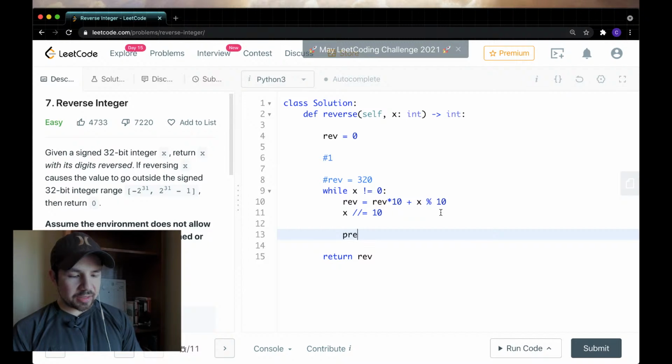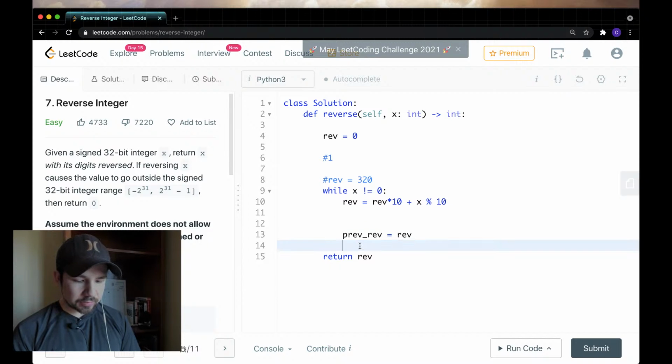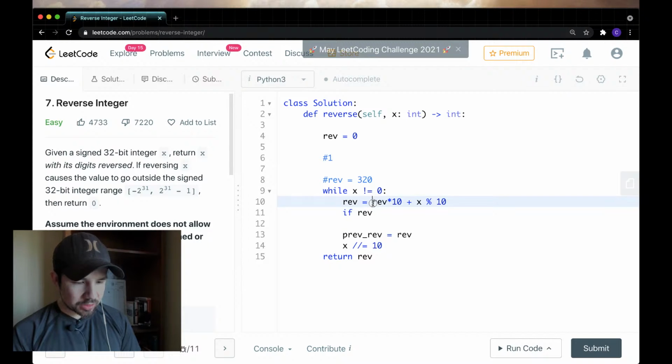So the previous value, I'll do previous reverse, and then we'll set it to this. So that way we can have a check. So this might be better if we do it down here. We can have a check if reverse. So essentially we'll do the opposite of this. So if reverse